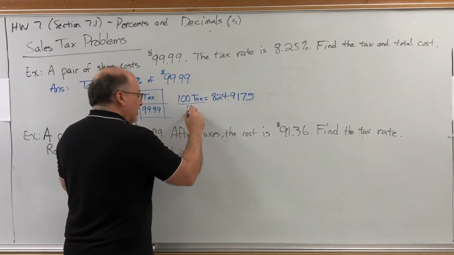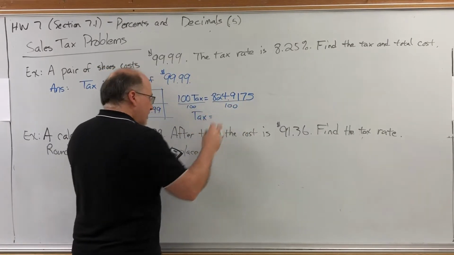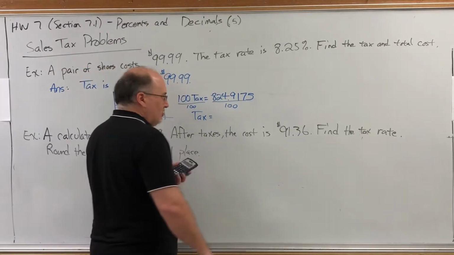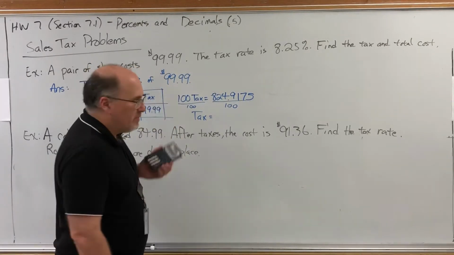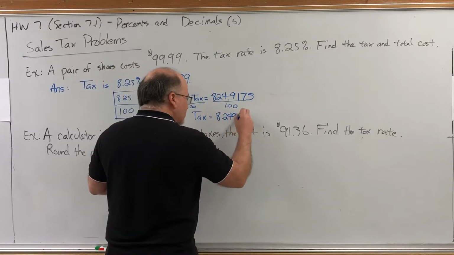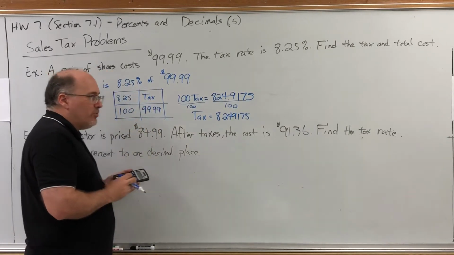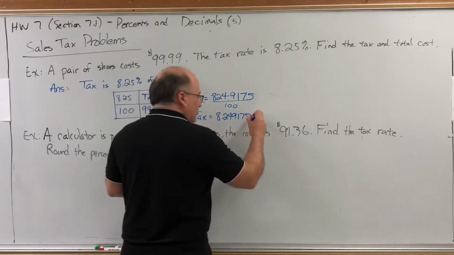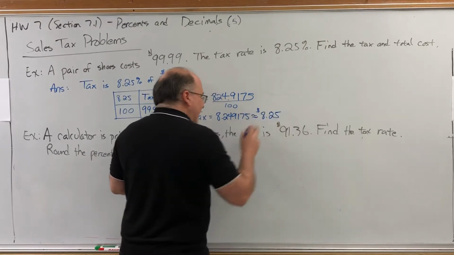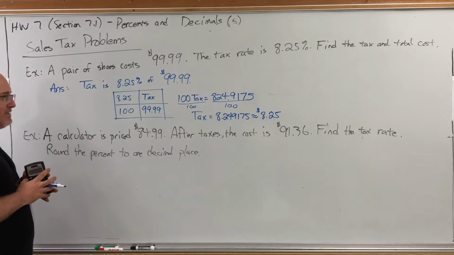Then if we divide both sides by 100, dividing by 100 just moves the decimal 2 places to the left. I feel embarrassed that I just put that in the calculator. We get 8.249175. Now, this is a dollar amount, so it makes sense that we should round it to 2 decimal places, the nearest cent. So to the nearest cent, the tax is $8.25,